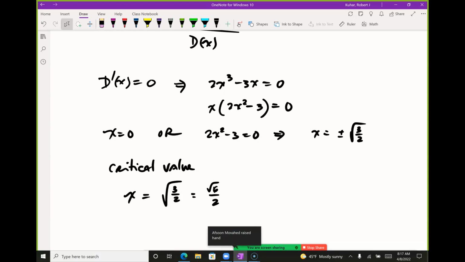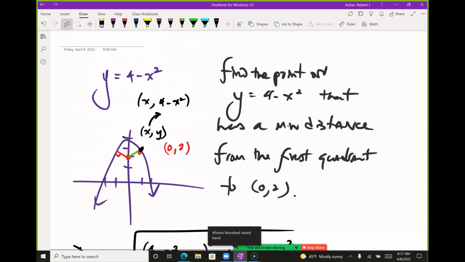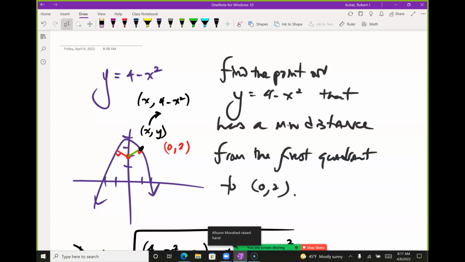Yes, Afsun? So how did you know to pick only the positive? That was my problem. I said, find a point in the first quadrant. Oh, okay. And you'll see there's one in your homework where you have to find the 2 points that are min distance away from